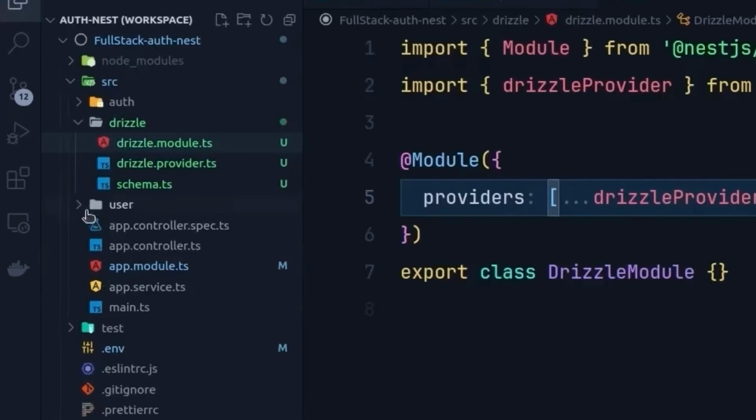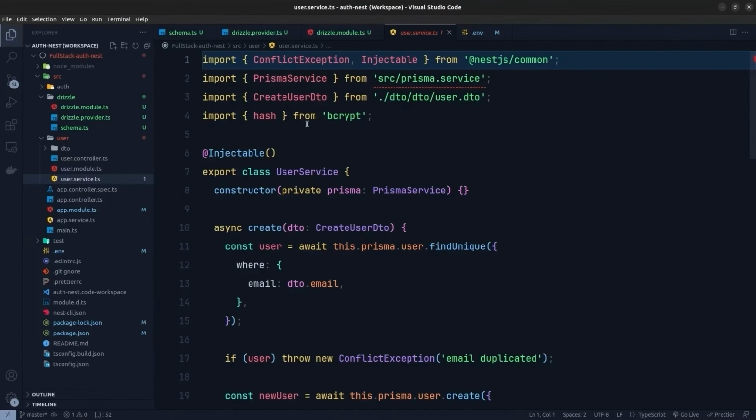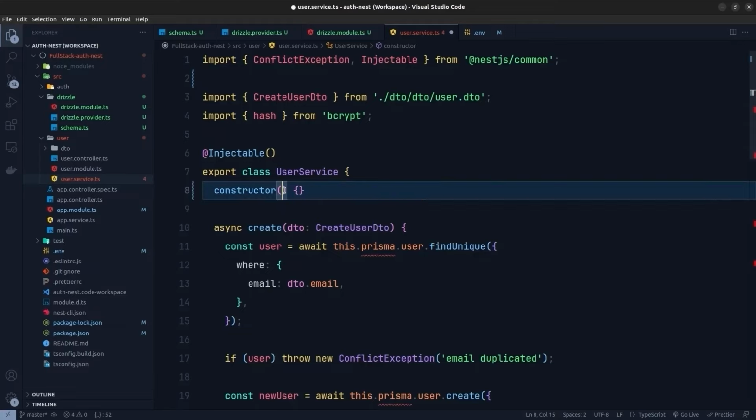So here inside the user module, as you can see in the user service, we have used the Prisma service, and with the Prisma service, we have had access to the database. So now let's remove the Prisma service here. We need to inject the Drizzle provider inside our user service in order to be able to use the Drizzle DB client. So now let's remove this Prisma service, and now we can inject the Drizzle provider into this